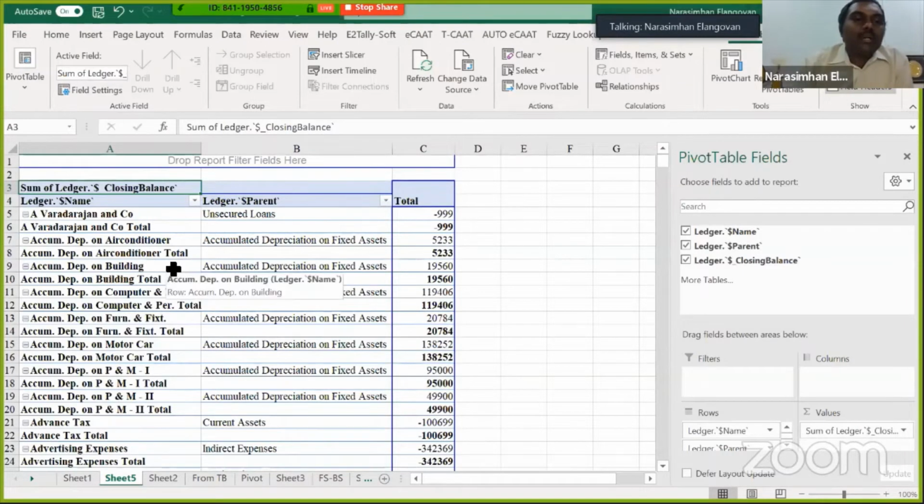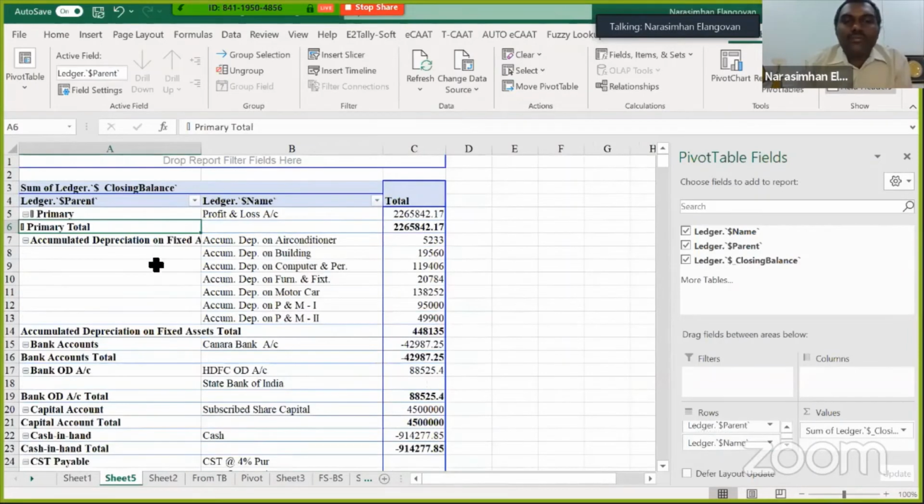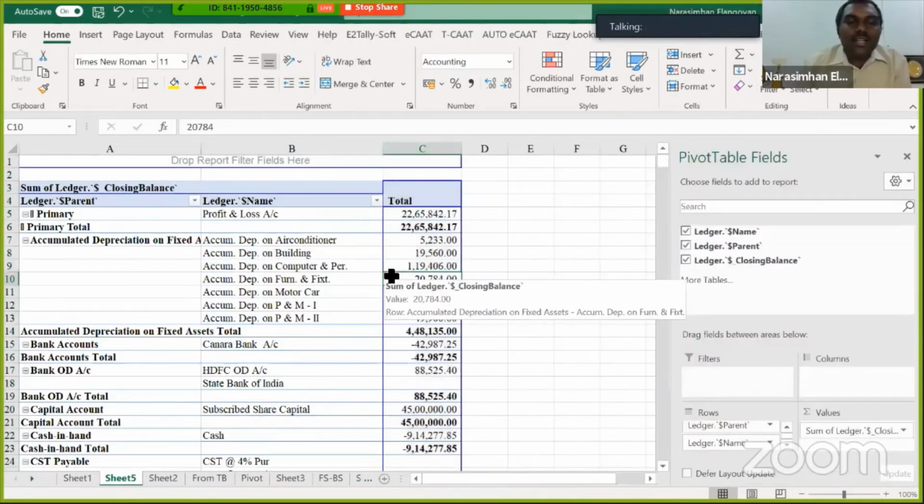I have configured my pivot to always show me what is called as classic pivot. Okay. So I can also decide whether I want to move this up and down. So, I can just move this up and down. Now look at this. I get an entire overview of my trial balance.